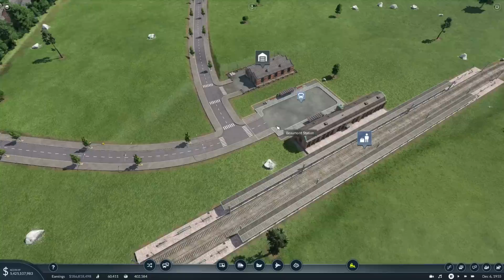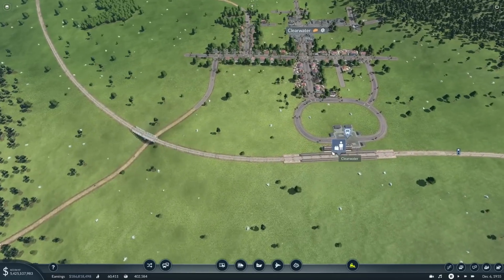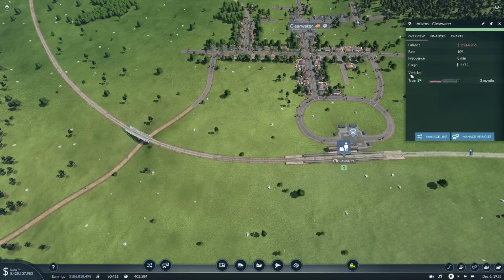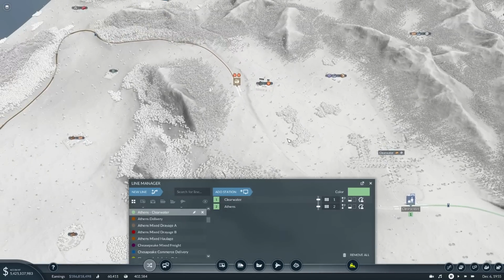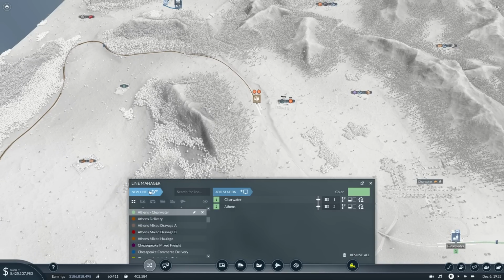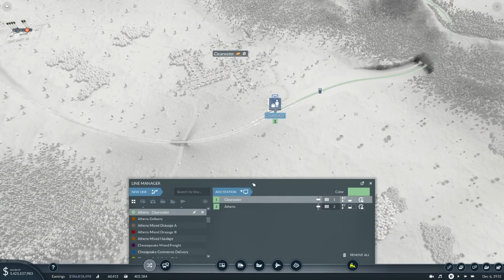Beaumont station. We need to extend our line. And then we're good, aren't we? Athens to Clearwater is going to be Athens to Beaumont now, via Clearwater. Okay, let's not get too verbose. This is all sorts of wrong. So Clearwater was my first stop. That's awkward. Then Athens. Then